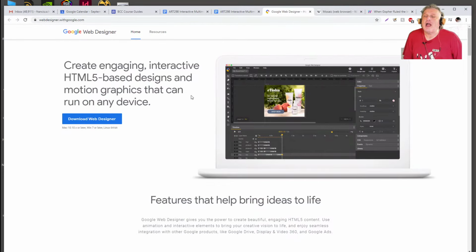which, as we mentioned before, Google Web Designer is written in to give you an idea of how powerful it is. You see, create engaging, interactive HTML5 based designs and motion graphics that can run on any device. The any device is important too. One of the big advantages of using HTML5 and CSS2 and JavaScript is that it runs in a web browser. It runs in any web browser. If a web browser is well written, you could run it on a phone or a tablet or a television